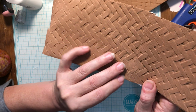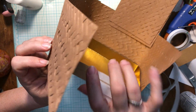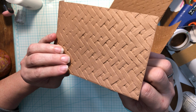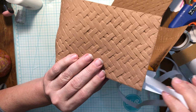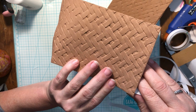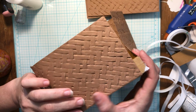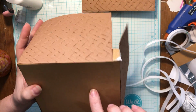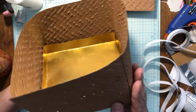And I'll go back down and reinforce that in just a minute. Just doing a light stick now, just to get it placed. Yep, there we go. So here's the thing. That's exactly what I would do. I would make this back down to 4.5 and then do an inch on each side, because what has happened